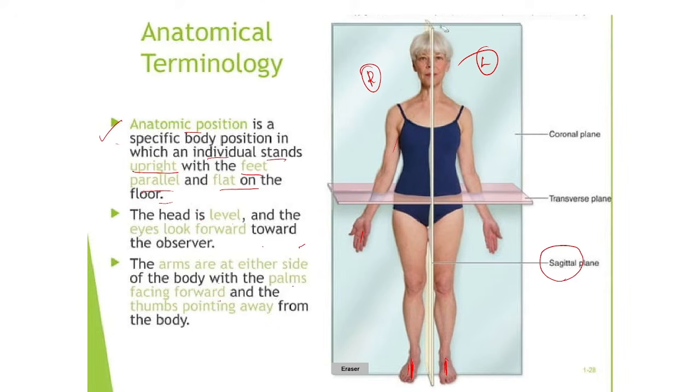Second one, you see, if you are cutting from side to side, from left to right, this way, if you are cutting this body into equal parts, meaning not cutting, but making an imaginary line in this way, it will cut into two equal parts, the front part and the back part. That plane is known as the coronal plane, because the coronal suture is here. In the coronal suture we are cutting, so it makes two equal parts, the front side one part and the back side one part. So this plane is known as the coronal plane. Understood? Coronal plane and sagittal plane.